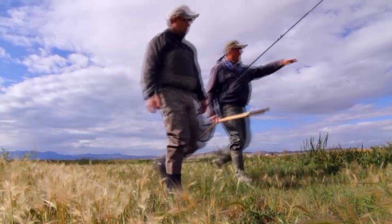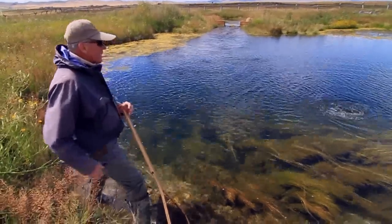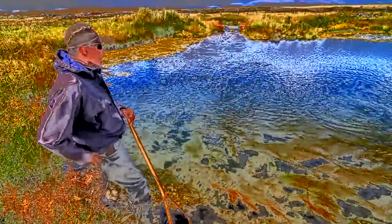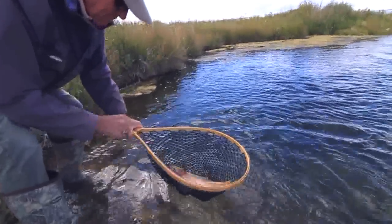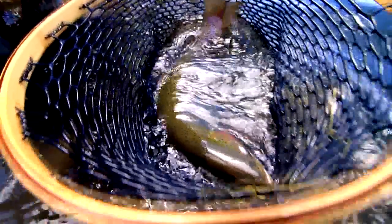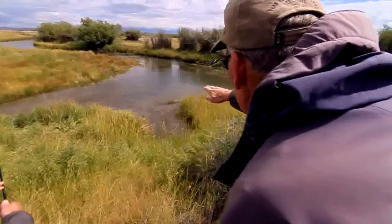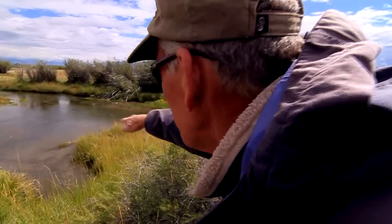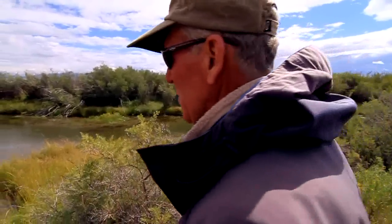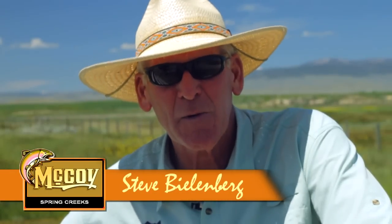The man responsible for helping take McCoy Spring Creeks to the next level. Oh, look at the back on that guy. Is Steve Bielenberg. I love the ranch itself. Holy moly, mama! And I love the creek. Oh, that's a big fish, huh? Yeah, that's a big fish. Steve may just have the best job in the world. The weeds, you see the weeds, and then it drops. He's the McCoy Spring Creeks stream keeper. I often have people asking me when I'm going to retire because everybody wants my job, but